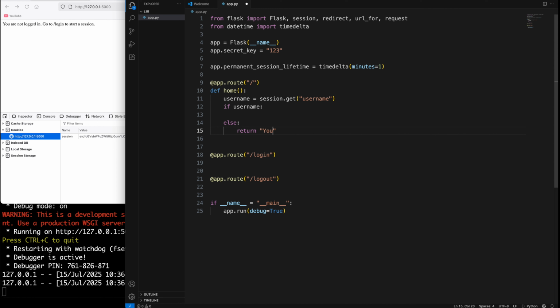I'm going to type the same thing. You are not logged in. Go to /login to start a session. So that is exactly what we see in the browser, right? So if the user had logged in, then this would display the message. But I'll just wait on that, and we'll go on to